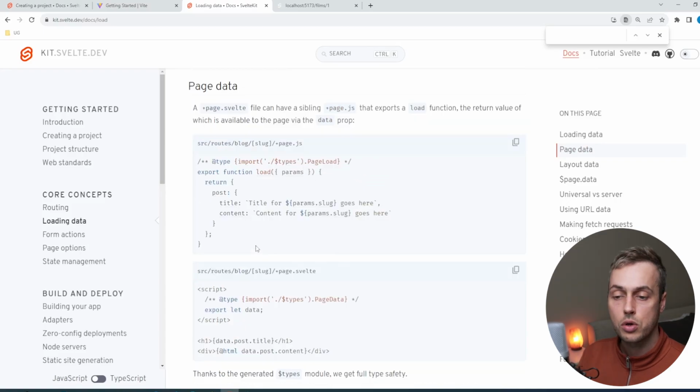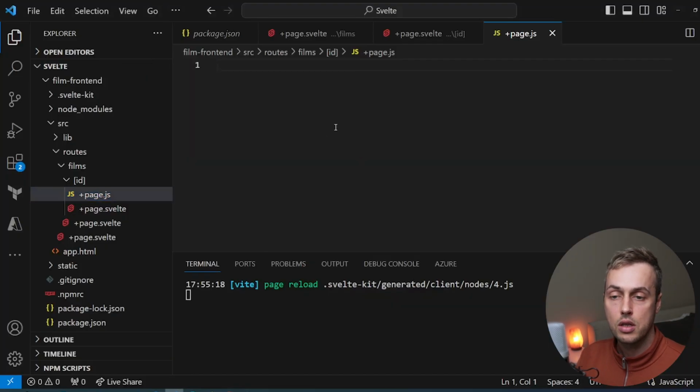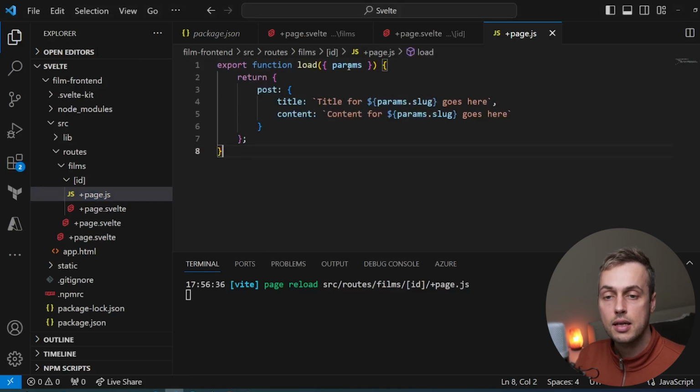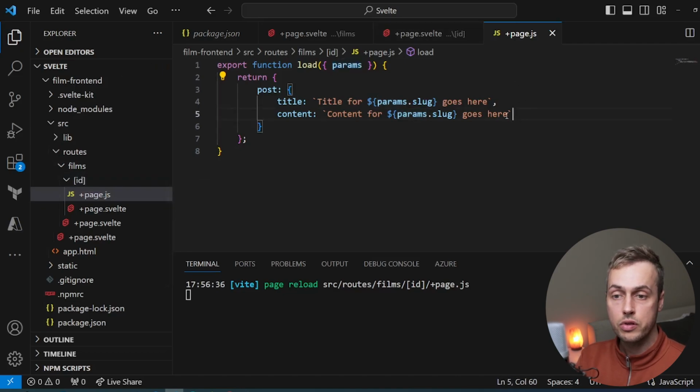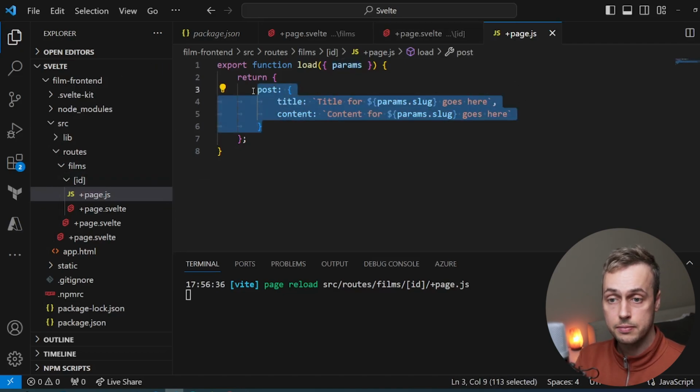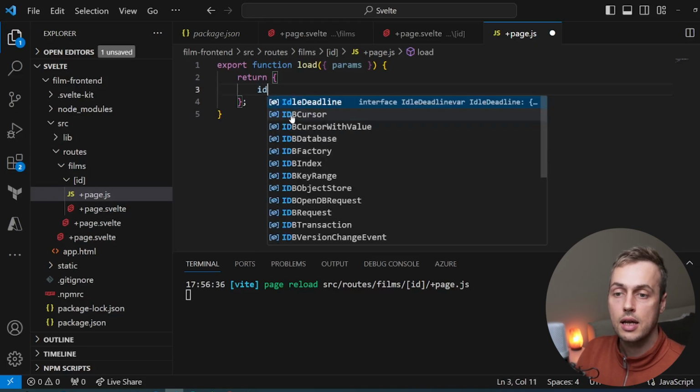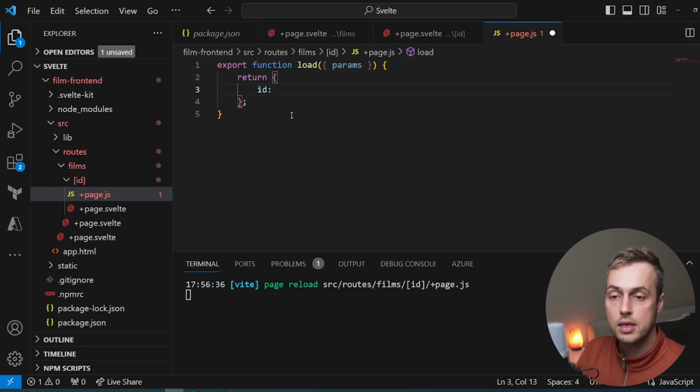load function. So what I'm going to do here is copy this load function, and we're going to paste this into the page.js file, and you can see that that takes params as an argument. And these params refer to this here. As you can see, we've defined this route with a dynamic parameter called ID. We're going to remove the code within the return statement, and we can get access to that ID and return it as a key in this object by using those params and getting the ID from